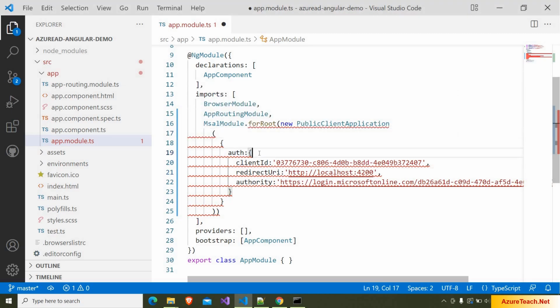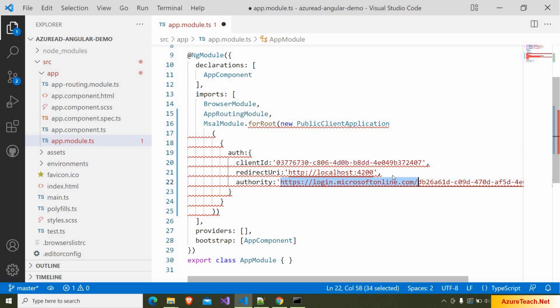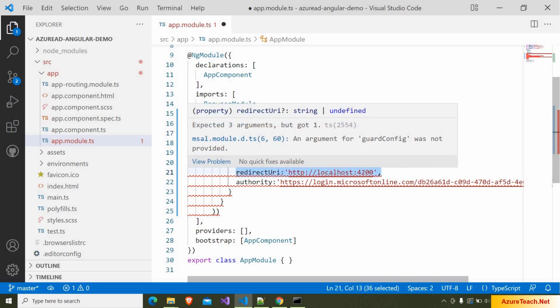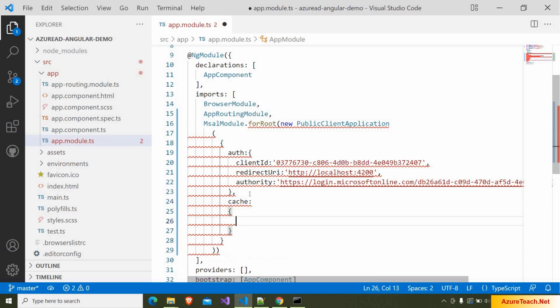When the user accesses the application using the browser and the user is not logged on, then the application will be redirected to this particular URI using the client ID. So based on these details, Azure will decide which subscription this application belongs to, and it will validate these details and return an access token, and it returns that access token to localhost:4200, and the same we have configured inside our app registration. And after that, here we have to write cache, and here the cache location will be local